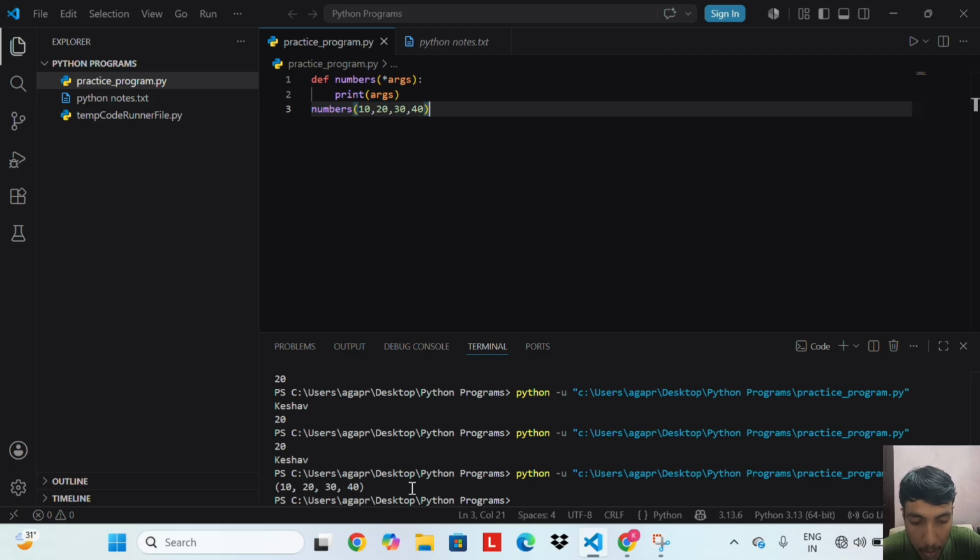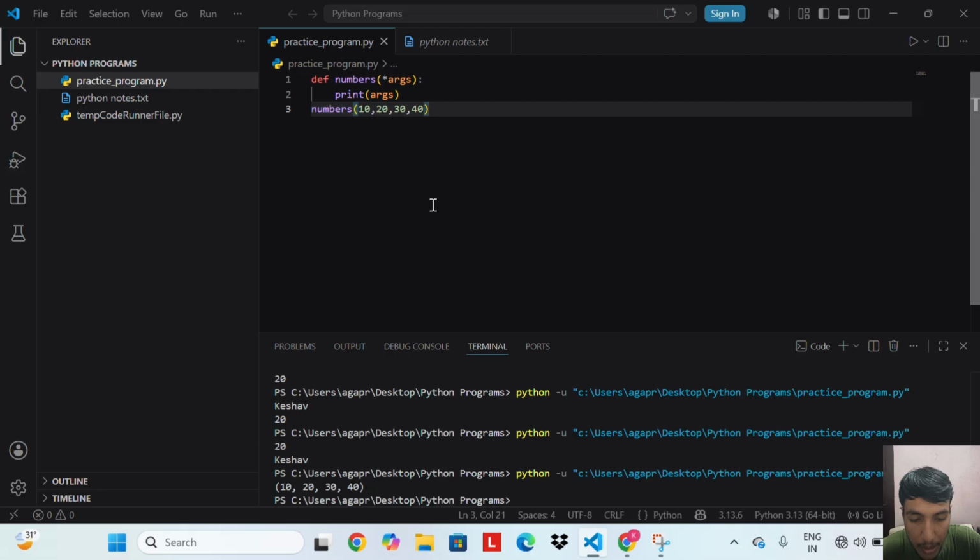Sometimes we do not know in advance how many arguments will be passed to a function. For this, Python gives us *args. The asterisk before args is the important part. It tells Python to collect all the extra positional arguments and pack them into a tuple.